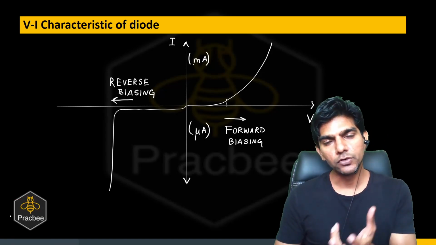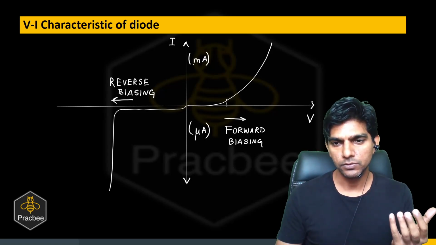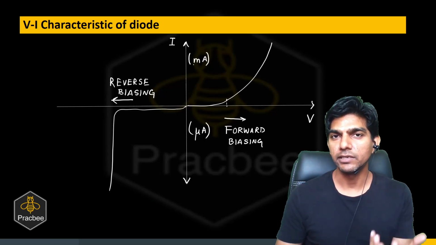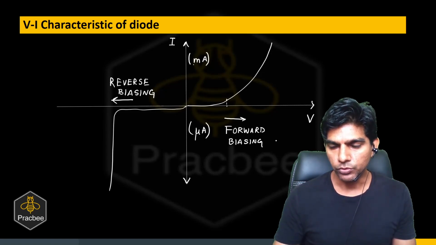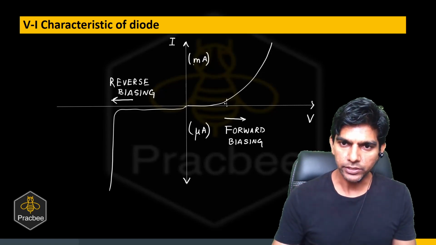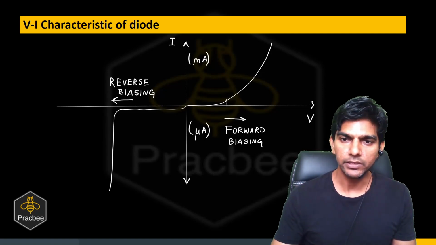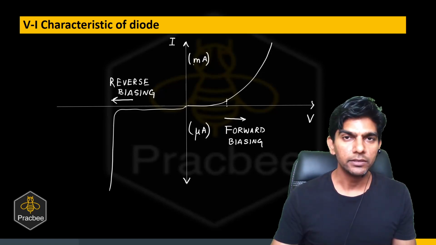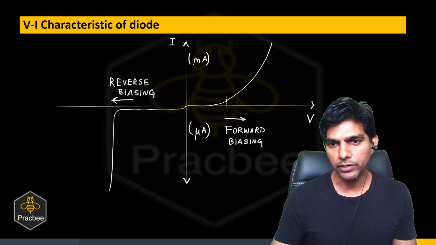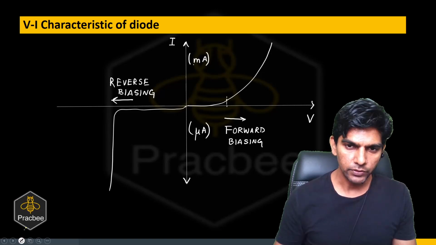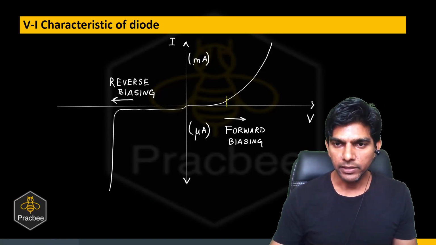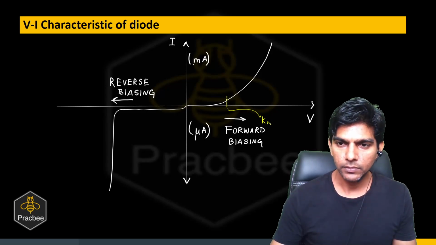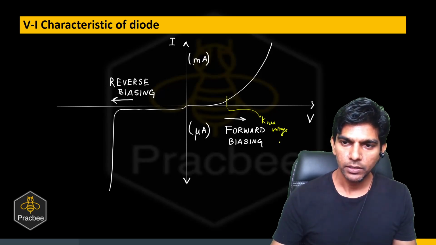Right. So we have seen the forward and the reverse biasing. So what we're going to do, we'll change the potential difference applied across the diode. In the forward biased mode, as we increase the voltage, can you see initially there is no change in the current? There will be no current in the circuit, but suddenly at a particular value, the current increases drastically in the forward biasing. And this voltage is known as knee voltage.